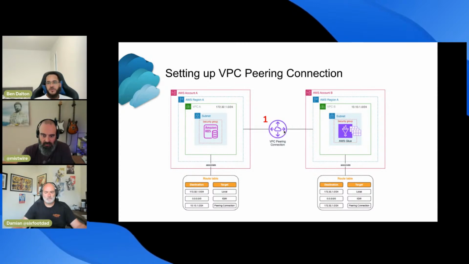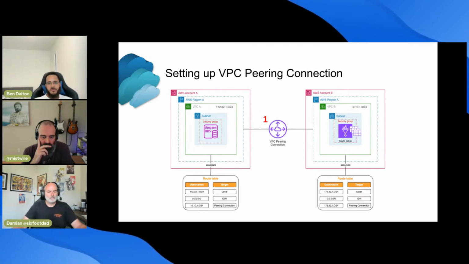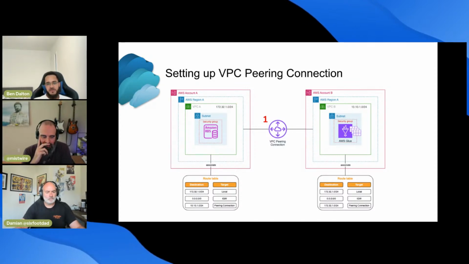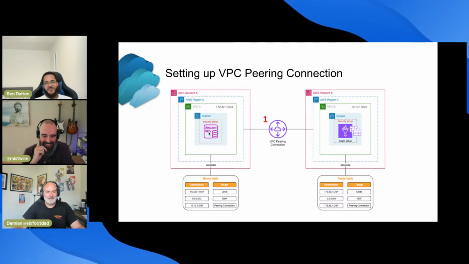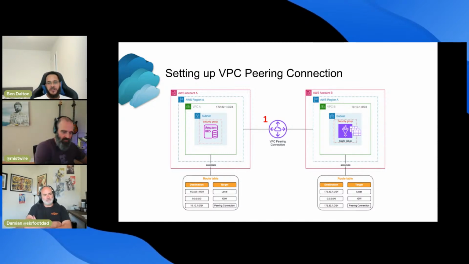The first thing we did is we initiated the VPC peering connection from our account to the other account. One thing you can notice, if you are doing cross account and cross region VPC peering connections, is that when you initiate a VPC peering connection, you have to get someone to accept it from the other end. You can't just automatically plug into someone's VPC, because that would be very worrying, right? So in this case, we asked them to accept the request. And once the request is active, you have a working VPC peering connection.